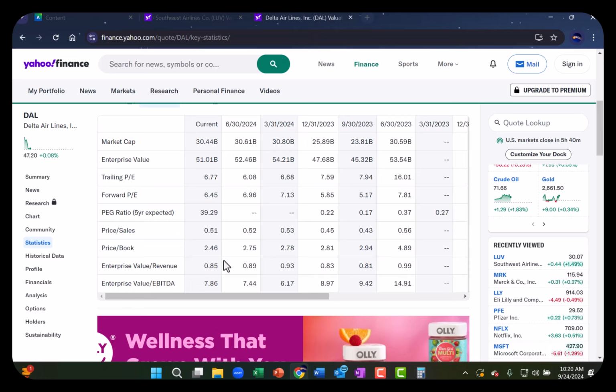Whether or not price to book values can be used for comparison purposes depends upon the nature of the assets. Remember, book value of equity is book value of assets minus liabilities. Book value of assets are booked at their historical cost minus depreciation. Certain firms have older fleets, airlines. If you have an older fleet, you have higher depreciation.